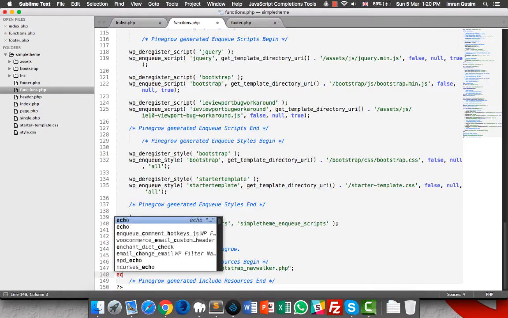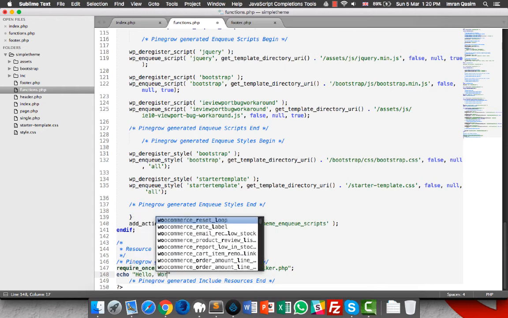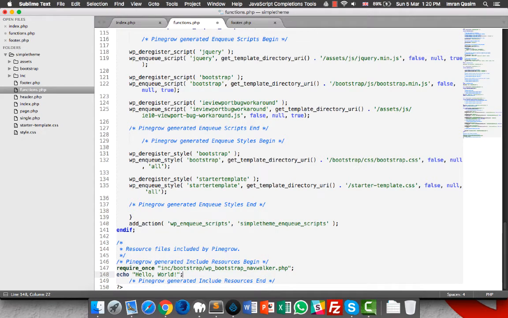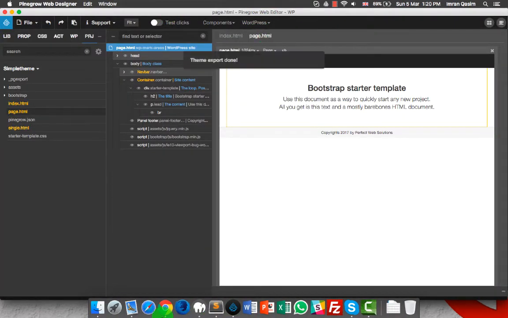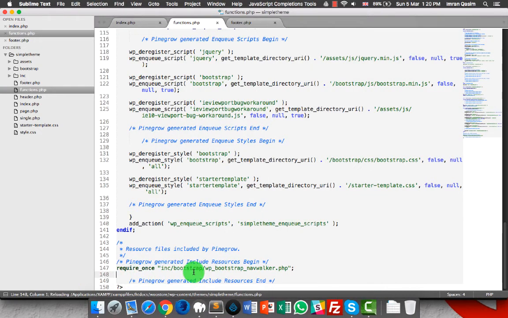So for example, if I add echo hello world here, it's added and saved in the functions.php file, but as soon as I export the theme again and check it, it is gone.